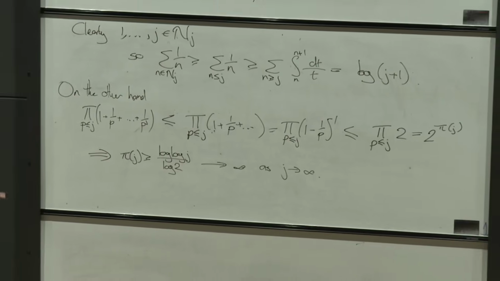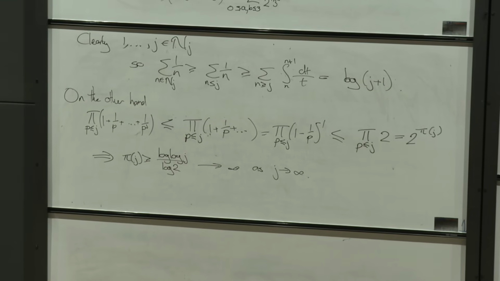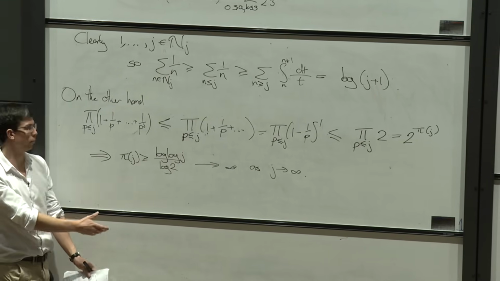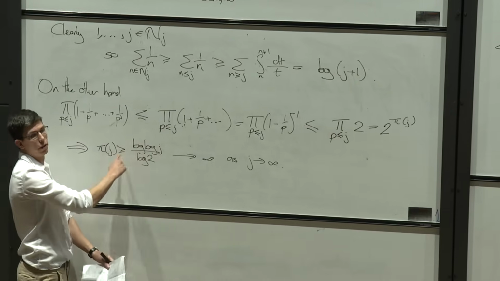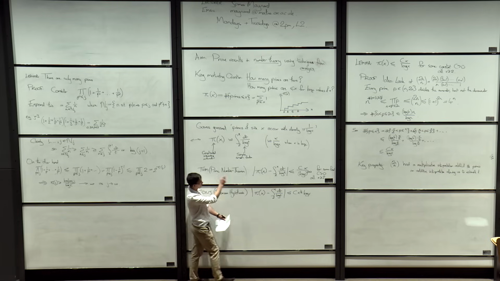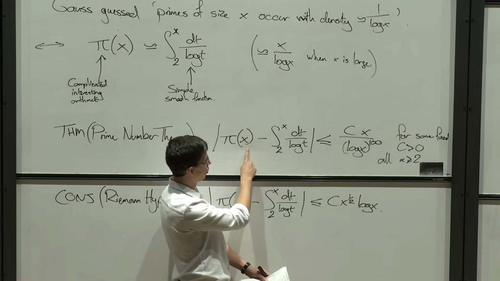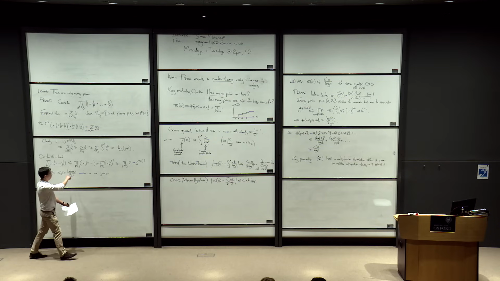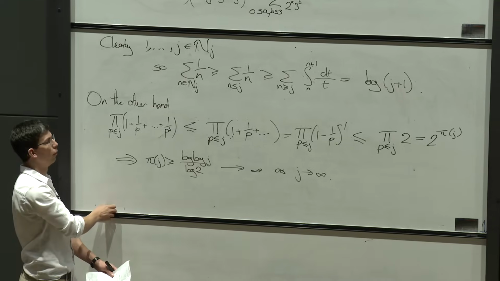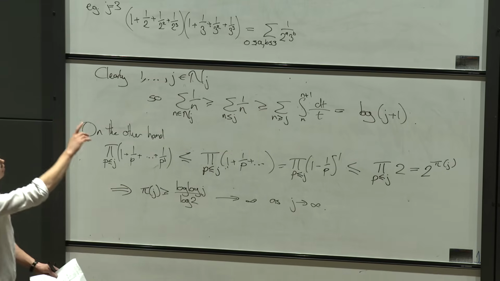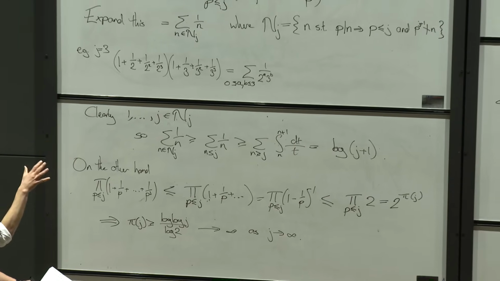And one nice automatic consequence of this Euler argument is that it's naturally quantitative: not only are you proving that there's infinitely many primes, you're proving that there's at least a certain number of primes. We know from the prime number theorem that the number of primes up to j is roughly j over log j. And so this lower bound of log j is actually pretty bad. That's quite small, but it's an actually quantitative argument,